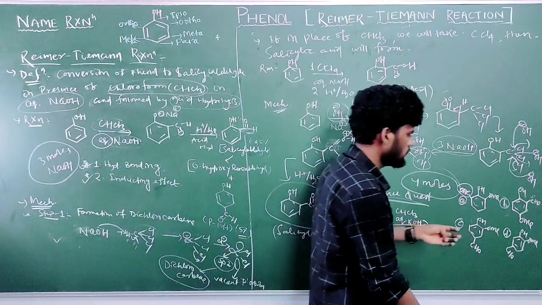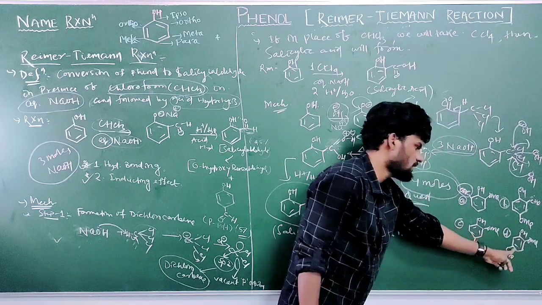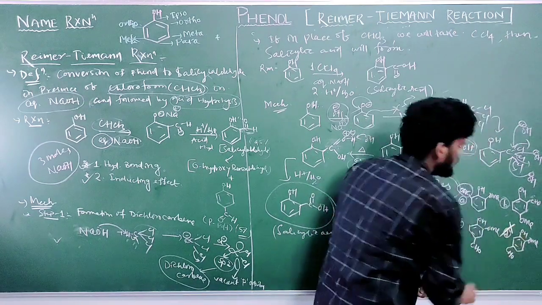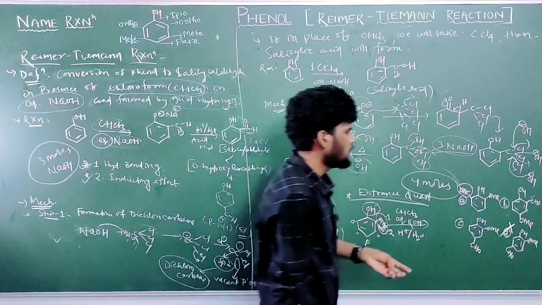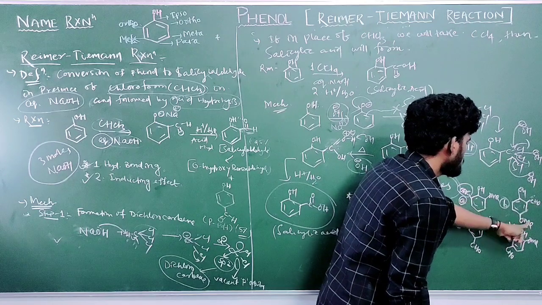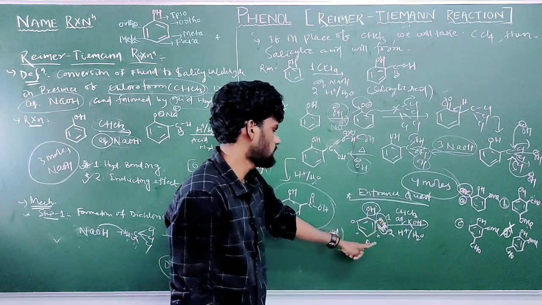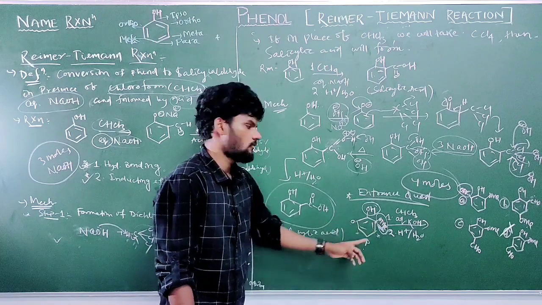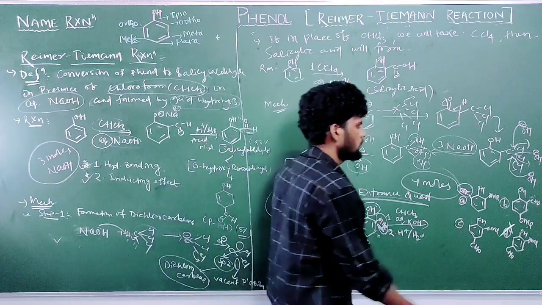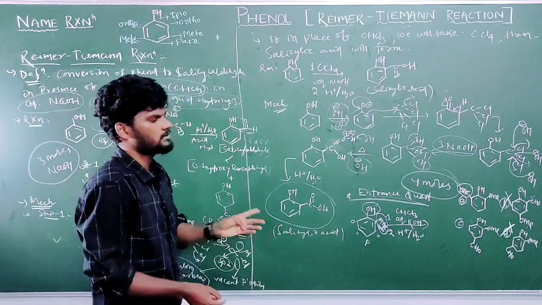So we discard two options. Here meta position to OH there is CHO, so option D is incorrect. Cross that. Here the OMe group has just moved to this position and CHO is at this position. How would OMe come to this position and CHO form at this position? This is wrong. Between A and C, what is the product?